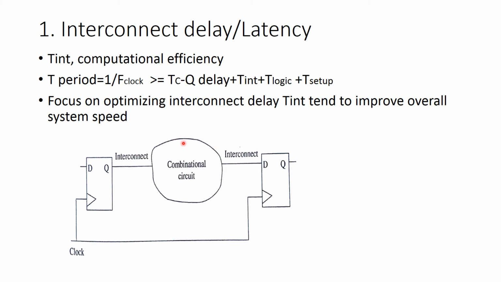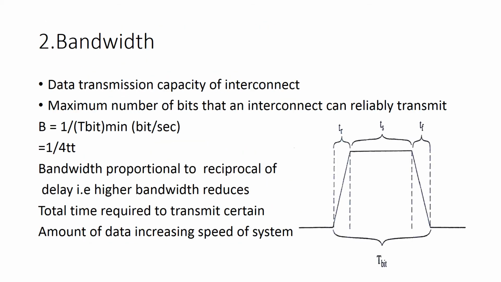Then this combinational circuit will take some time to calculate, and that is why the output will appear after some delay. After that, let's say this output of the combinational circuit is applied to the D input. Now it is related to the arrival of the clock at this input. So before the arrival of the clock, the data must be present here. Then only it will be transmitted via the presence of this clock. Otherwise not. So that is called setup time. If you add all these delays, then you will be able to calculate the clock frequency.